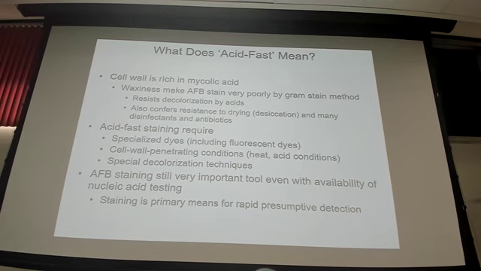We can apply different conditions to help force those bacteria to take up that stain. One of those is called a Ziehl-Neelsen stain, where you heat up the bacteria and that kind of loosens up that waxy coat a little bit and allows the stain to permeate. Or you can use a stronger acid, that's called a Kinyoun stain, or a cold stain.